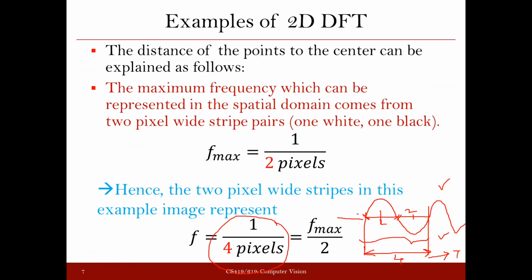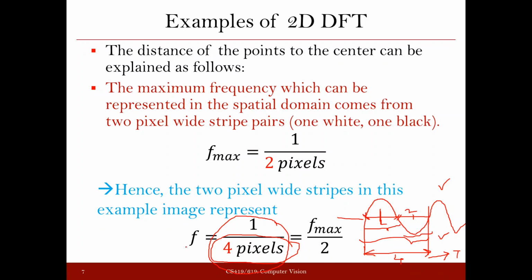Okay. Let's say you are making a pattern, here it was 2 pixel wide, but now let's say you make 3 pixel wide or 4 pixel wide. As you increase the number of pixels which are going to fall in these black and white strips, you will find that this denominator will increase here. So when the denominator is increasing, the frequency will decrease.